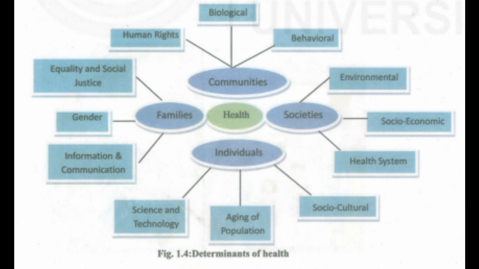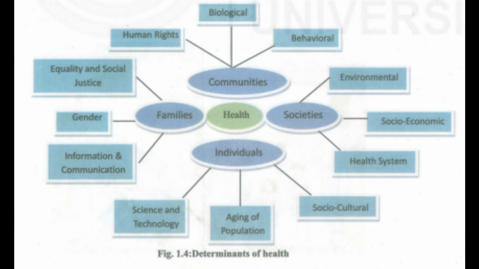1.2.6 Determinants of health. The health of an individual may be affected by various factors. Health of an individual depends upon a number of factors. The factors which influence health lie both within the individual and externally in the society in which he or she lives, or two sets of factors: genetic factors and environmental factors. These factors interact, and these interactions may promote or deteriorate health. The factors within the individual and the factors within the society are as follows.